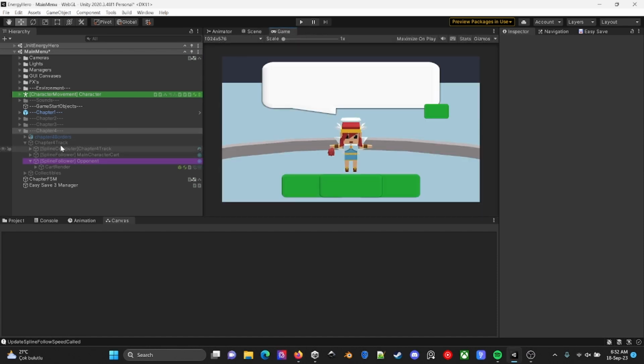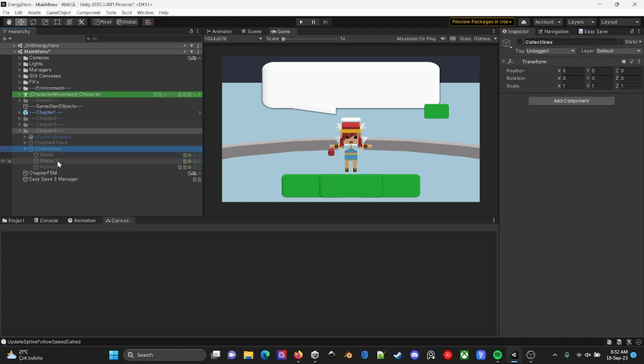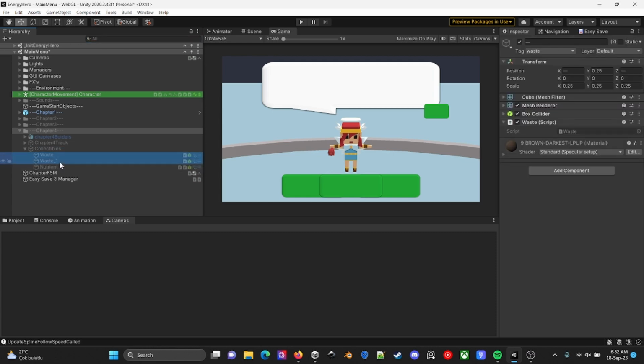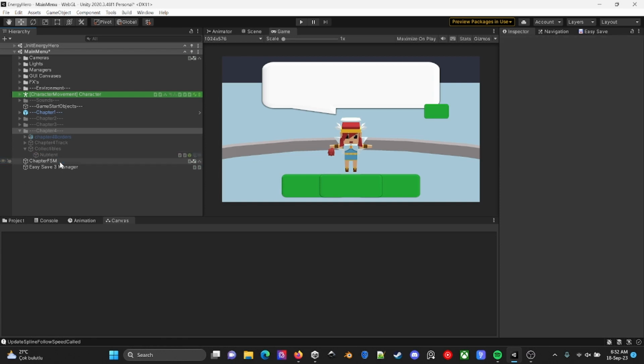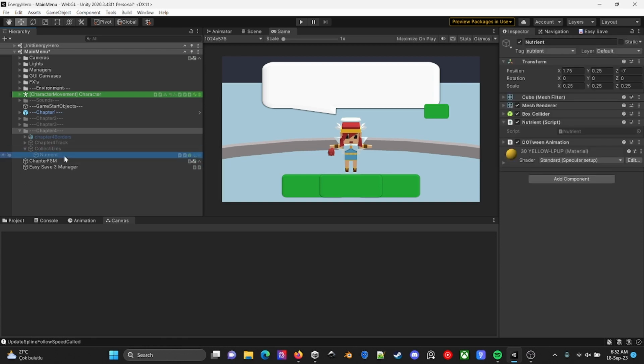After the player eats those nutrients, the cell under the player eats those nutrients. The nutrients are collectibles, as in this case. I do not need any dots for my nutrient.